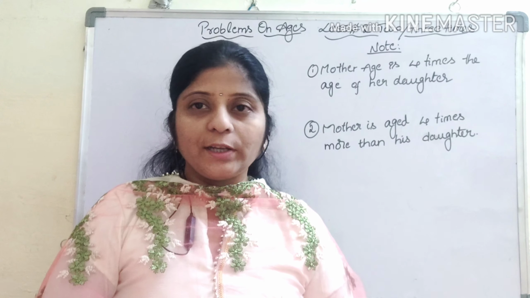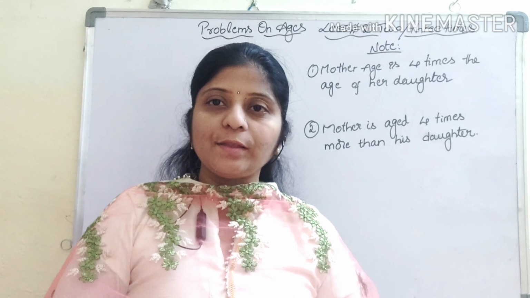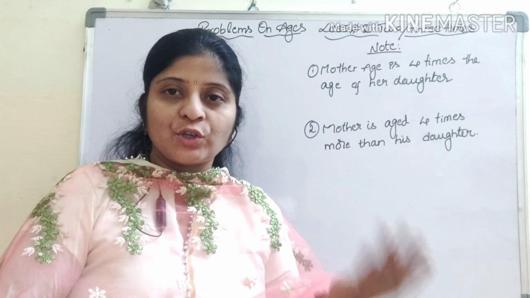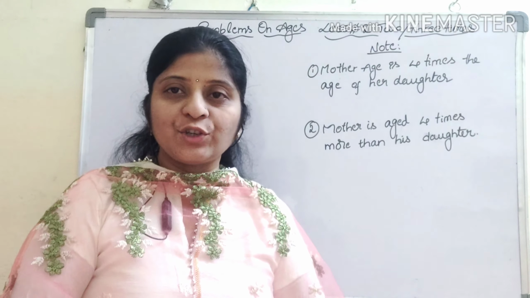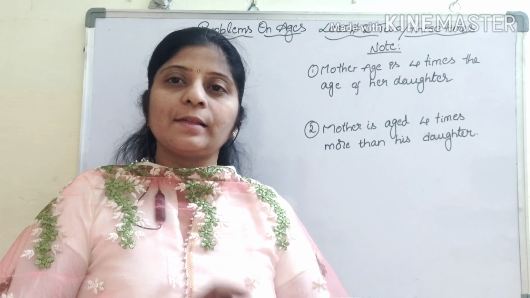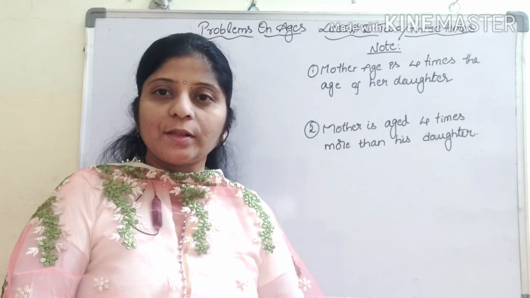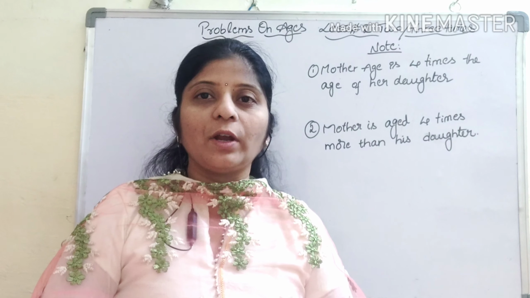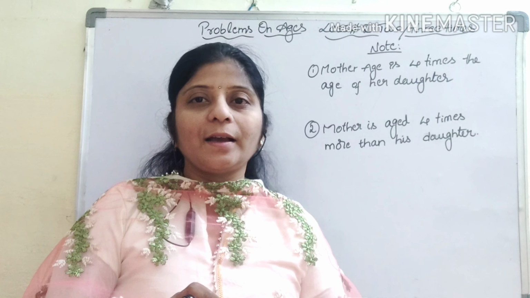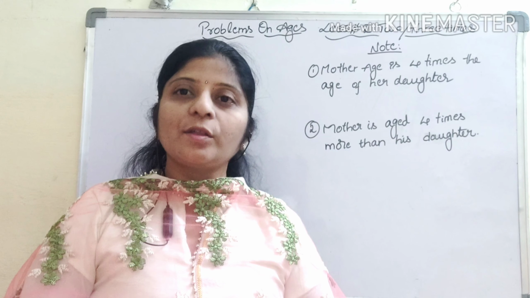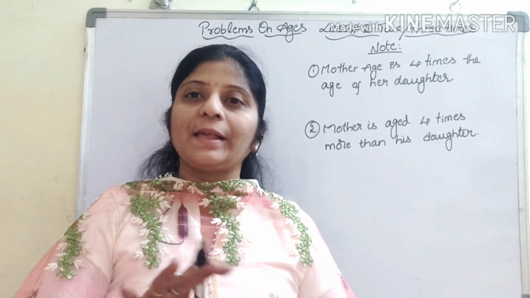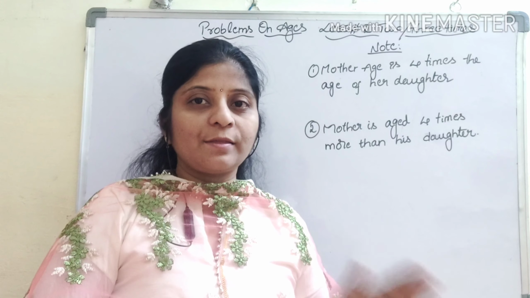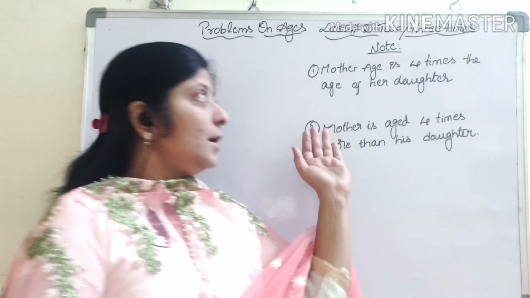So today we are going to discuss the problems on ages which will be 2 times, 3 times, 4 times and 5 times ages. That means the number of times ages. If you have not seen lesson 1 on problems on ages, then go to my playlist and check it out. In lesson 1, the basic concept is there, and we have also done some problems on basic concepts. If you are a beginner, then you must see lesson 1. After that, you can continue with lesson 2.